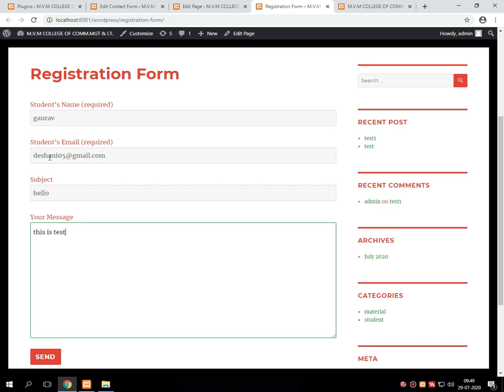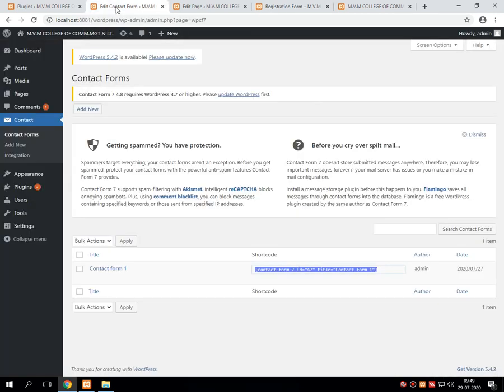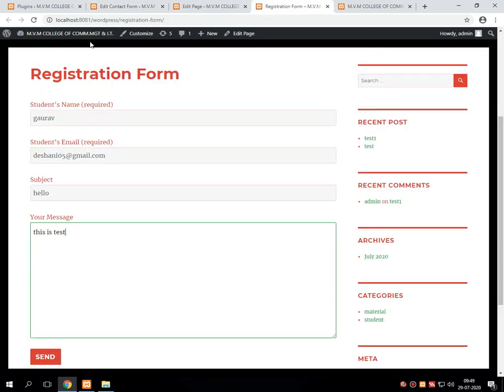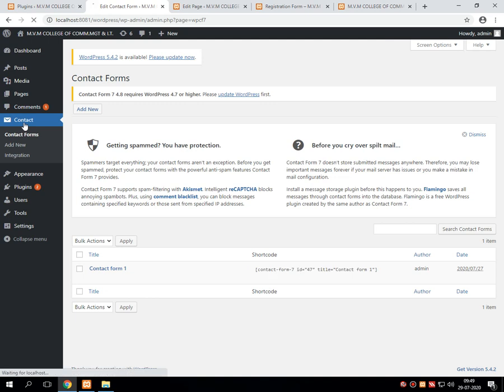But to get the data, we need to have some more knowledge about this Contact Form 7. Whenever we press this send button, it comes into the contacts. That means this person tries to contact the administrative part of the entire website. But right now here we are not able to see any responses which came from the user.